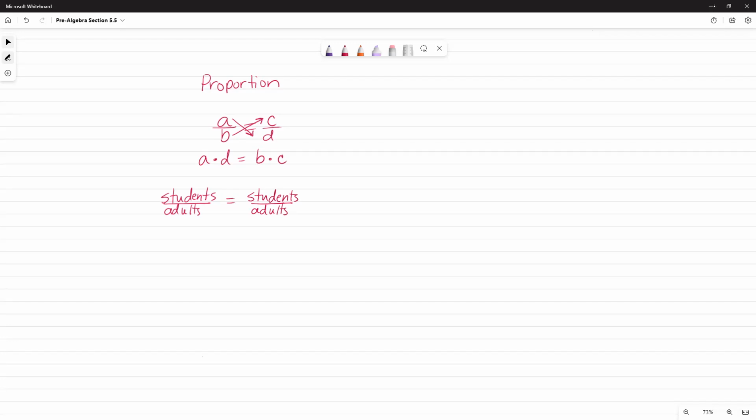Now again, the examples that we started out with are pretty simple. I think most of this class can probably do it in their heads. But if we have a ratio, let's see, theirs is probably the opposite of what I just did as an example, right? Sorry, let me pull it back up. Adults is 2, students is 7, and there are 8 adults. All right, so in our example,